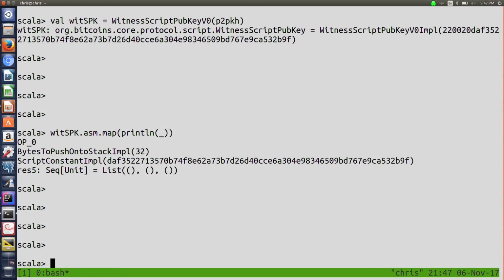But then it checks the witness version and then pushes this hash onto the stack. And then the program that's nested inside of this must, when hashed, evaluate to this exact same hash here. And then execution continues like before.